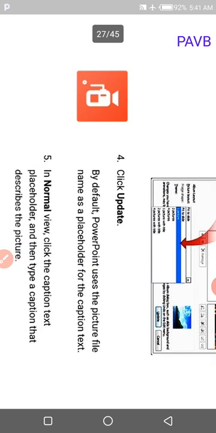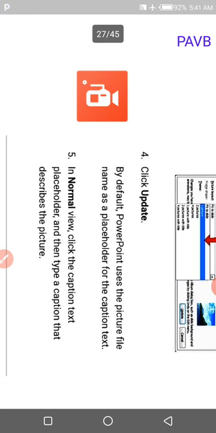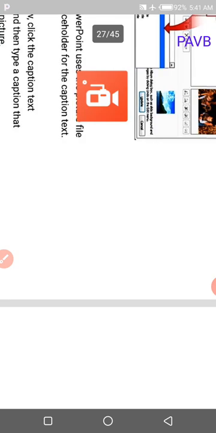Step 4. Click Update. By default, PowerPoint uses the picture file name as a placeholder for the caption text. Step 5. In the normal view, click the caption text placeholder and then type a caption that describes the picture.